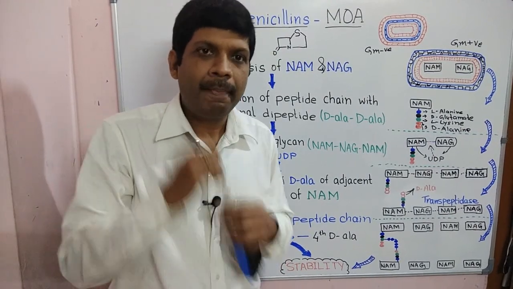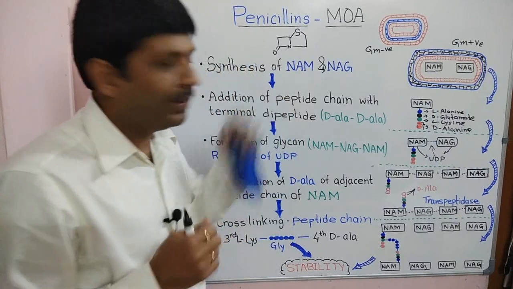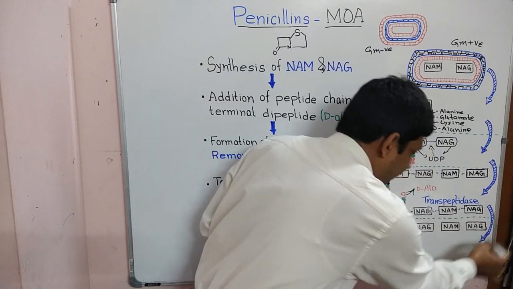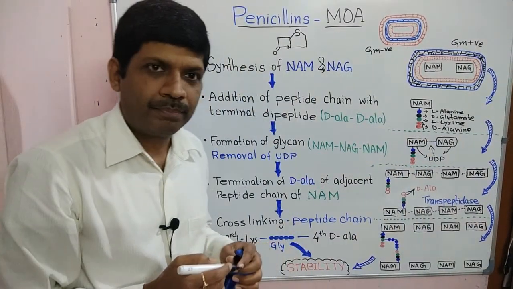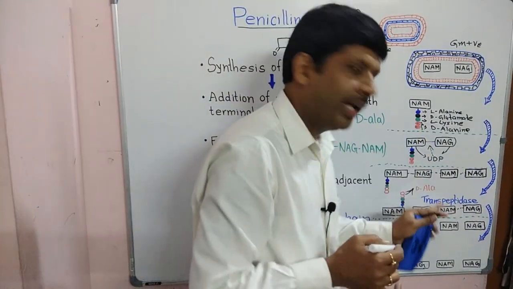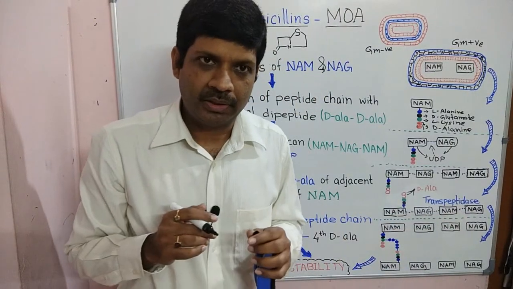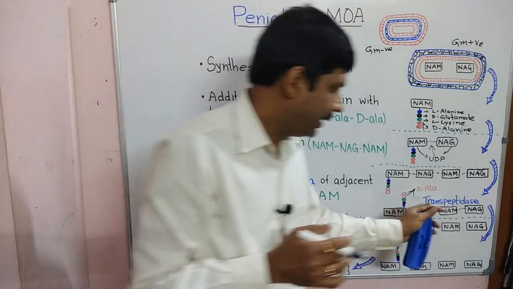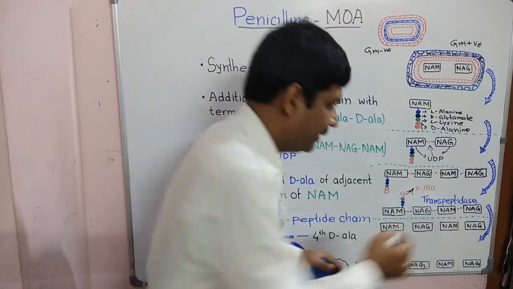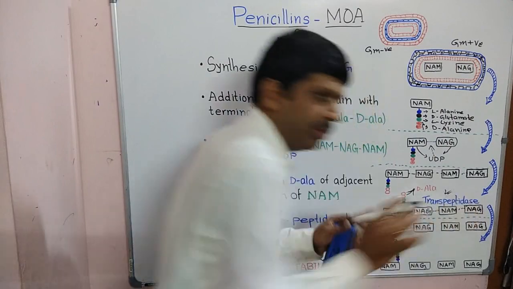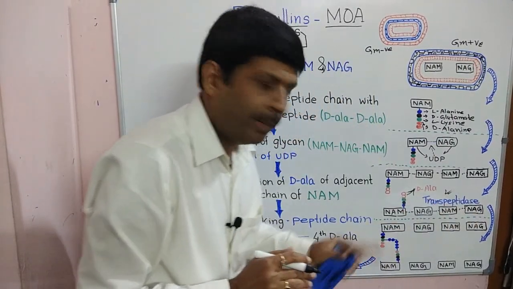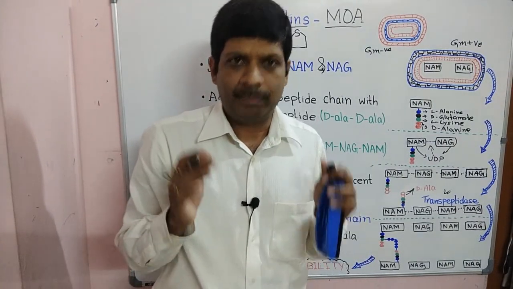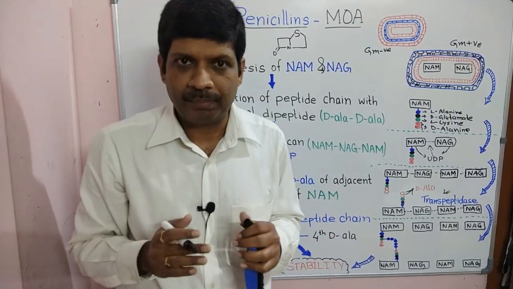They should break the cell wall synthesis, and this is what the beta-lactam group of antibiotics does. This cross linking of peptide is known as the transpeptidation reaction, and the reaction is catalyzed by the enzyme transpeptidase. This is very important. You should remember this. Transpeptidase is a type of protein, penicillin binding protein.